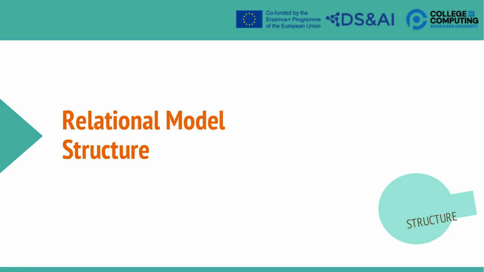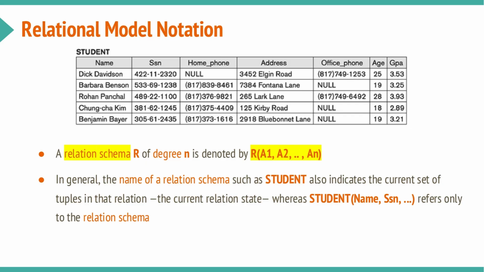Now that we know the basic parts, let's learn the formal way, the official way to describe the structure of these tables. When we want to describe the design of a table, we use a special notation. We write it like this. Let's break that down. R is the name of the relation or the table. For example, student. Inside the parentheses, we list all the attributes or the columns. Name, SSN, home phone, and so on. So student, name,